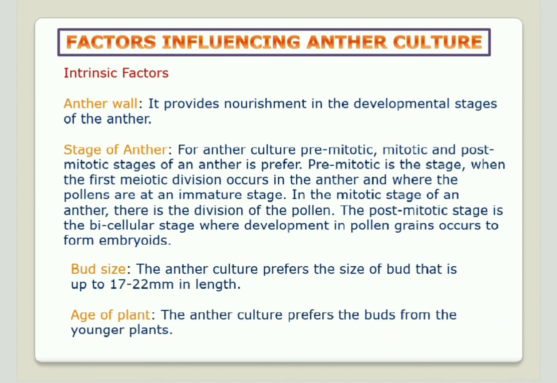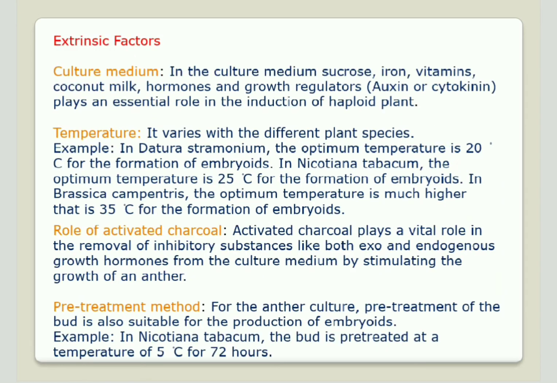the development in the pollen grains occurs to form the embryos. Then bud size, here it is up to 17 to 22 in length, and age of the plants, where younger plants are preferred. Now these extrinsic factors are the culture medium, the temperature, the role of the activated charcoal,